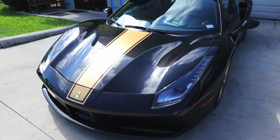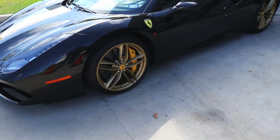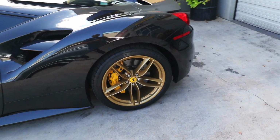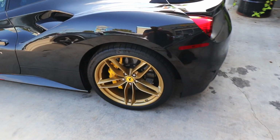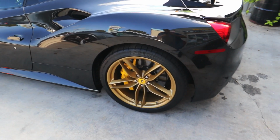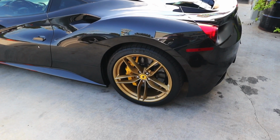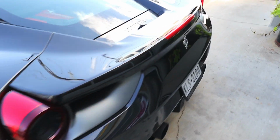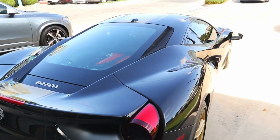We did put Ceramic Pro on top of all the vinyl decals, and we applied Ceramic Pro wheel and caliper to the wheels. And that wheel color is custom matched to the vinyl. So it cost about an extra 230 bucks to get that custom color. And our wheel guy said what they do is they strip the old finish off, put the powdered primer down, and then they shoot the color like an automotive paint, and then they powder coat on top of that. I'm not too well versed in powder coating, so just relaying what he's told me that they've done. So it seemed like an involved process,